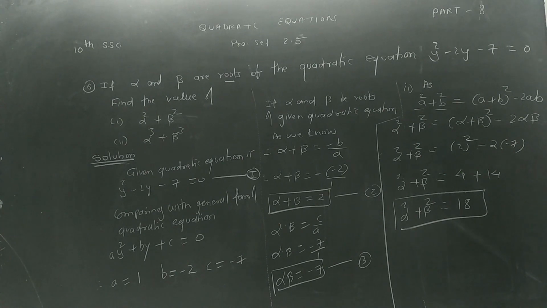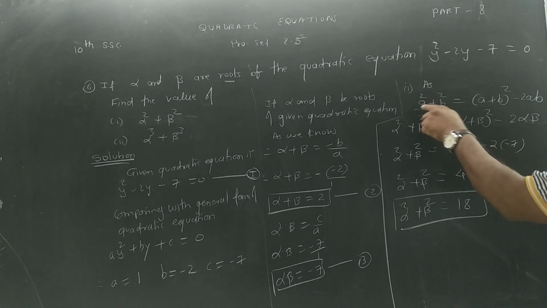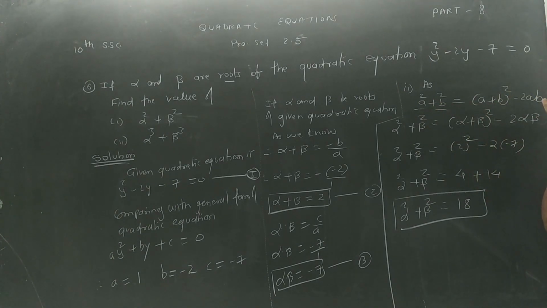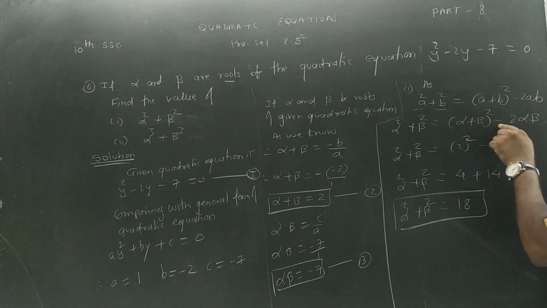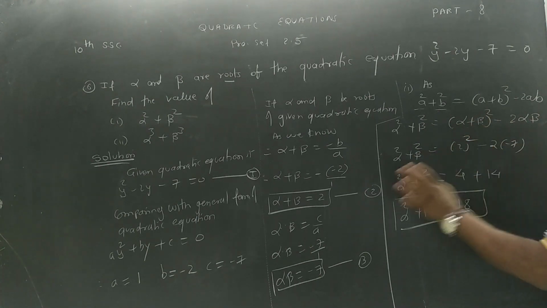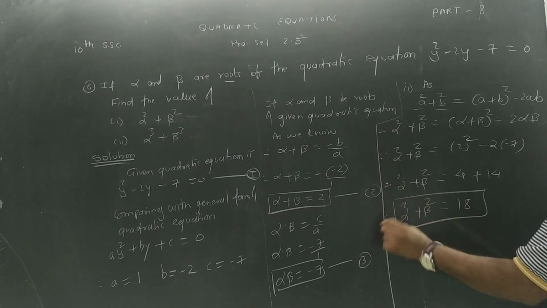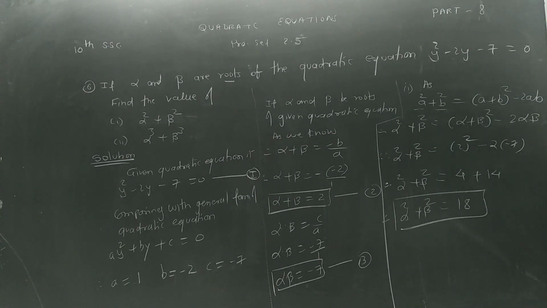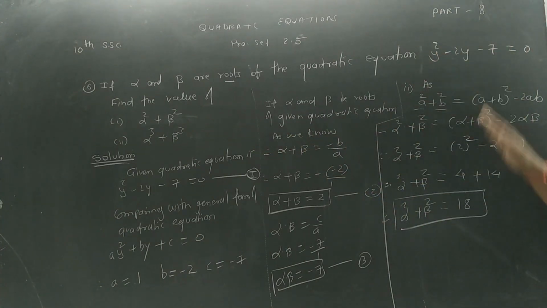Now, next thing is they have asked you alpha square plus beta square. Here we know the formula. A square plus b square is equal to a plus b the whole square minus 2ab. I told you how to derive it. Remember this formula fully. Alpha square plus beta square is equal to alpha plus beta the whole square minus 2 alpha beta. So I have the value of alpha plus beta, and I have the value of alpha into beta. I substitute, and I get the value of alpha square plus beta square. Students, we have to practice it. Copy such questions once, and solve them once or twice on rough paper to practice. I am going to continue with this part, but we'll just copy down the entire part.